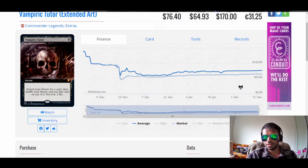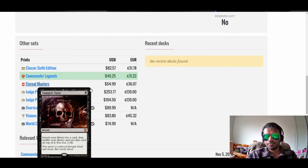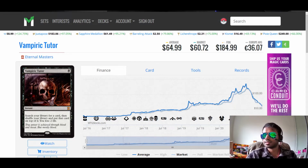So it's up to you guys to decide if you want to spend what would be a decent price for a card that I'm pretty sure the average person probably paid more for. So we'll see how that goes. Next,